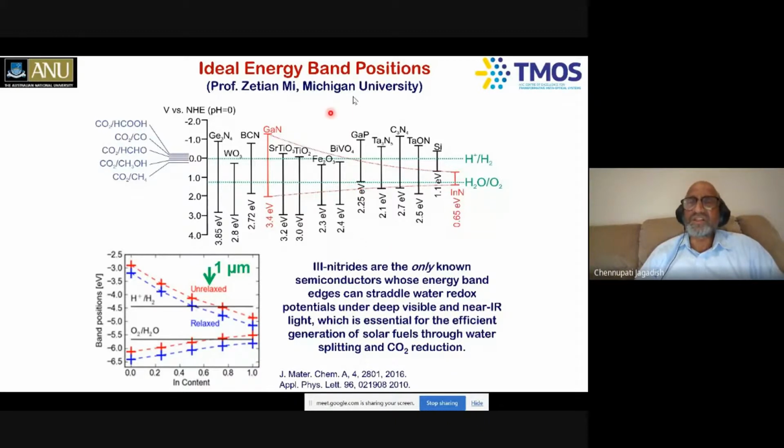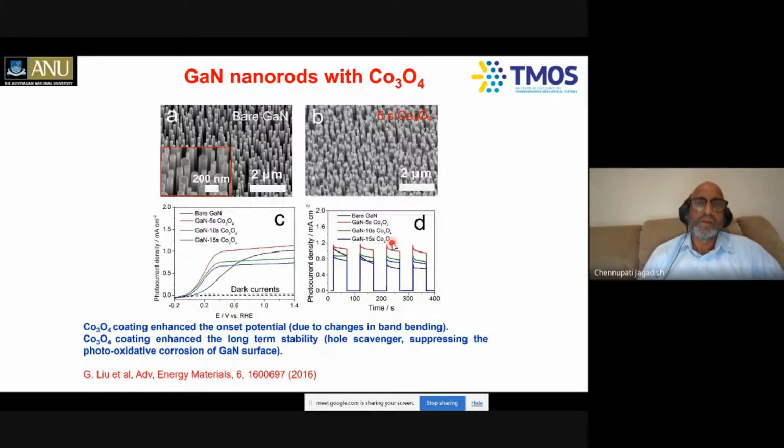One of the challenges in this business is that either the materials are stable but not efficient, or the materials are efficient but not stable. Really trying to find materials which are stable and efficient is our goal. So that's what we're aiming for. So here is the case.